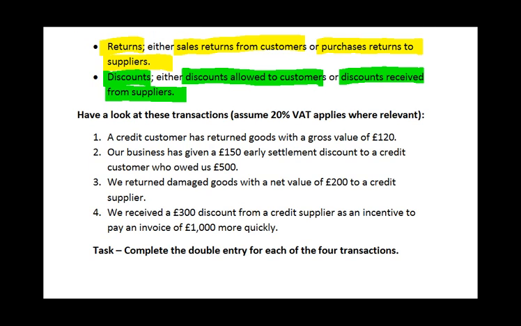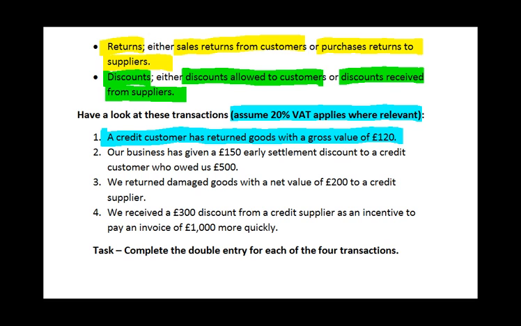Now let's have a look at some transactions, and we'll work on the double entry for each of them. You can see here we're going to assume the standard rate of 20% value-added tax where relevant. So the first transaction we've got is a credit customer has returned goods with a gross value of £120, so